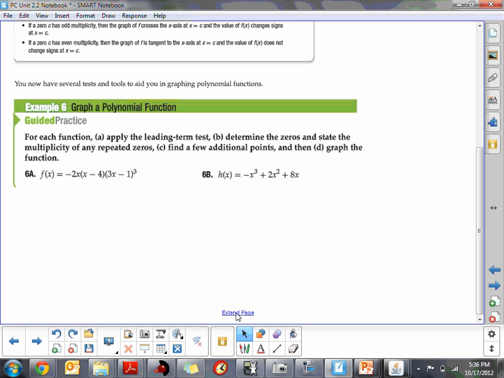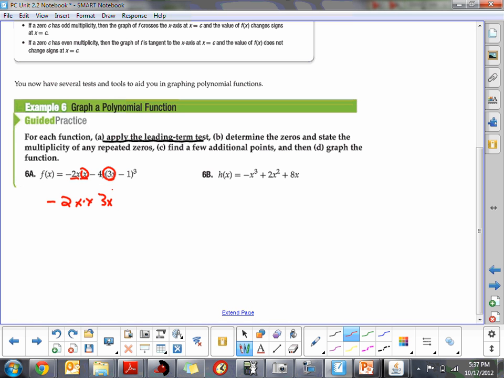Now, the first one, they're very kind. They already have it in factored form for us, so we go through this and we try to apply the leading term test. Well, when it's in factored form, it's a little bit hard to find the leading term, but here's what we can do. All we need to do is multiply our leading terms in each of these binomials. So what I really need to do is take the negative 2x times this x times this 3x cubed. All I need to worry about are those first numbers in each of these to find the leading